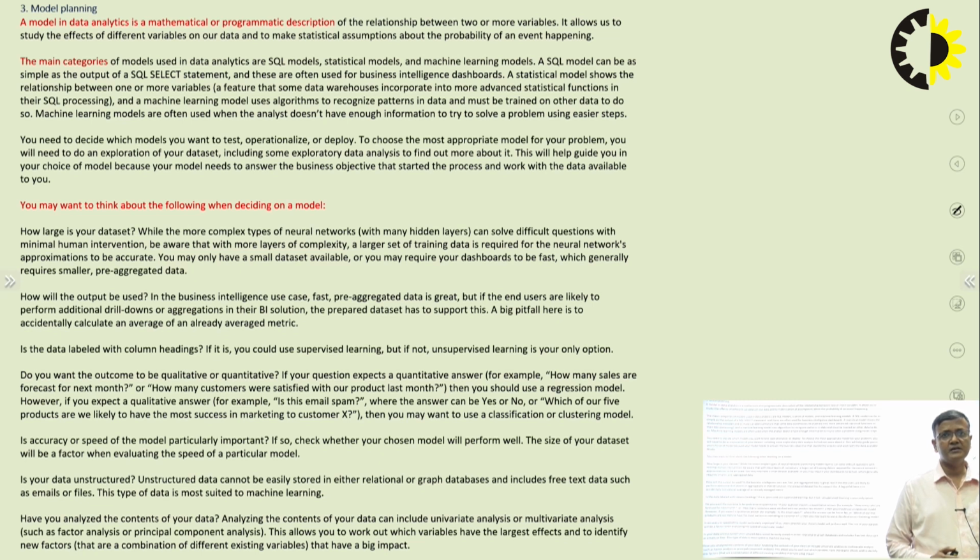You will have to extract from the data the important variables which will give more meaning to your data analytics. So this is another factor while selecting your model, which model you will select out of these three models: SQL models, statistical models, and machine learning models.